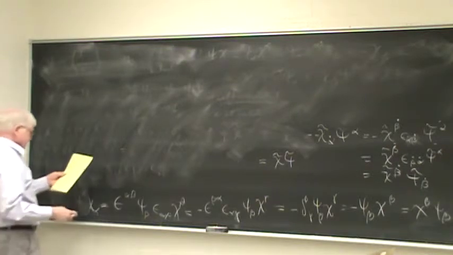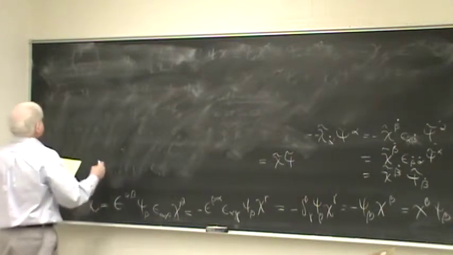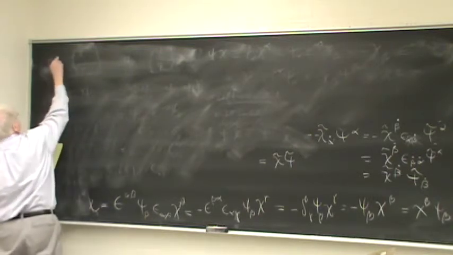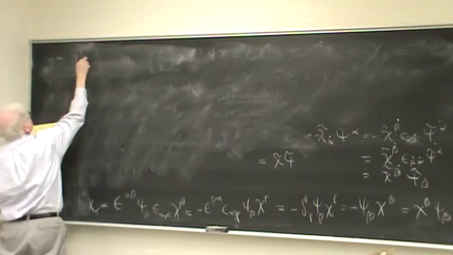So what is Dirac's equation for the U spinors, particle spinors as opposed to the anti-particle spinors? It's P dot sigma minus M,